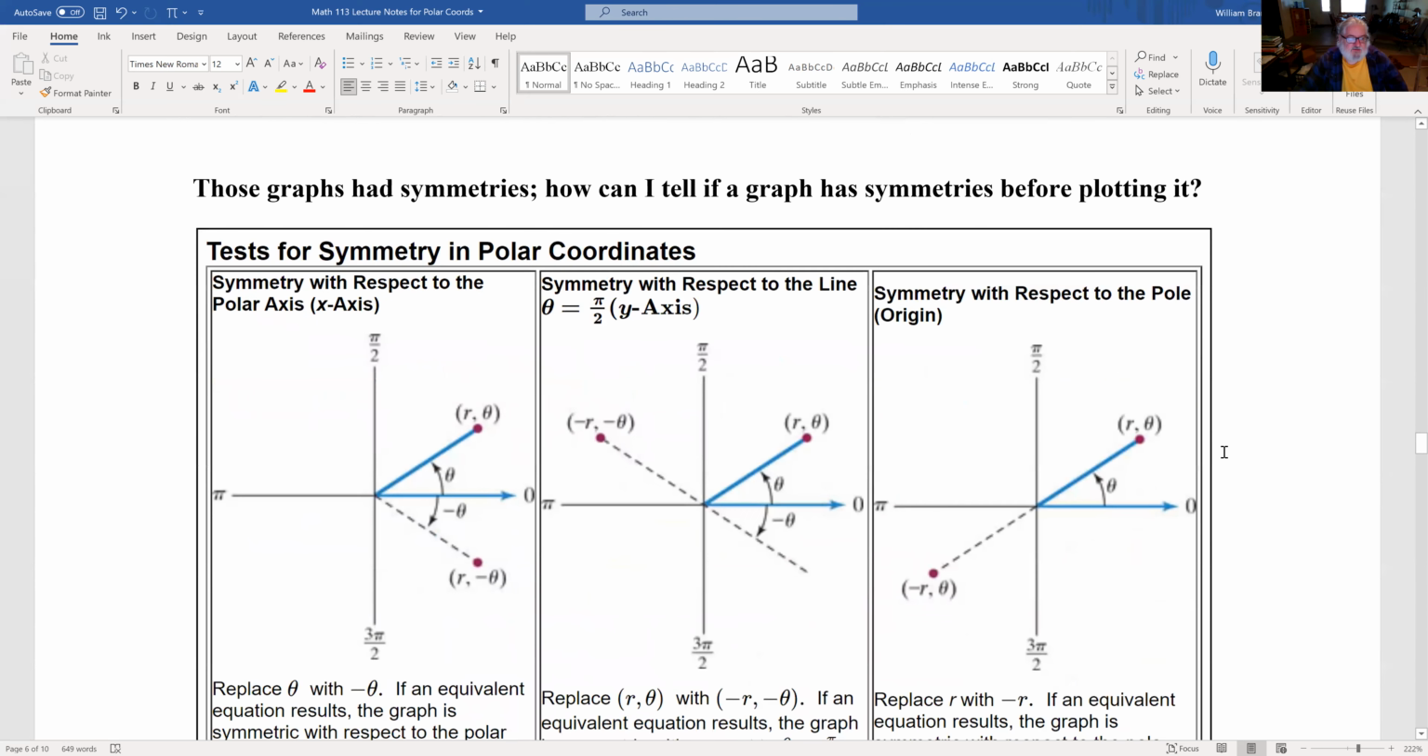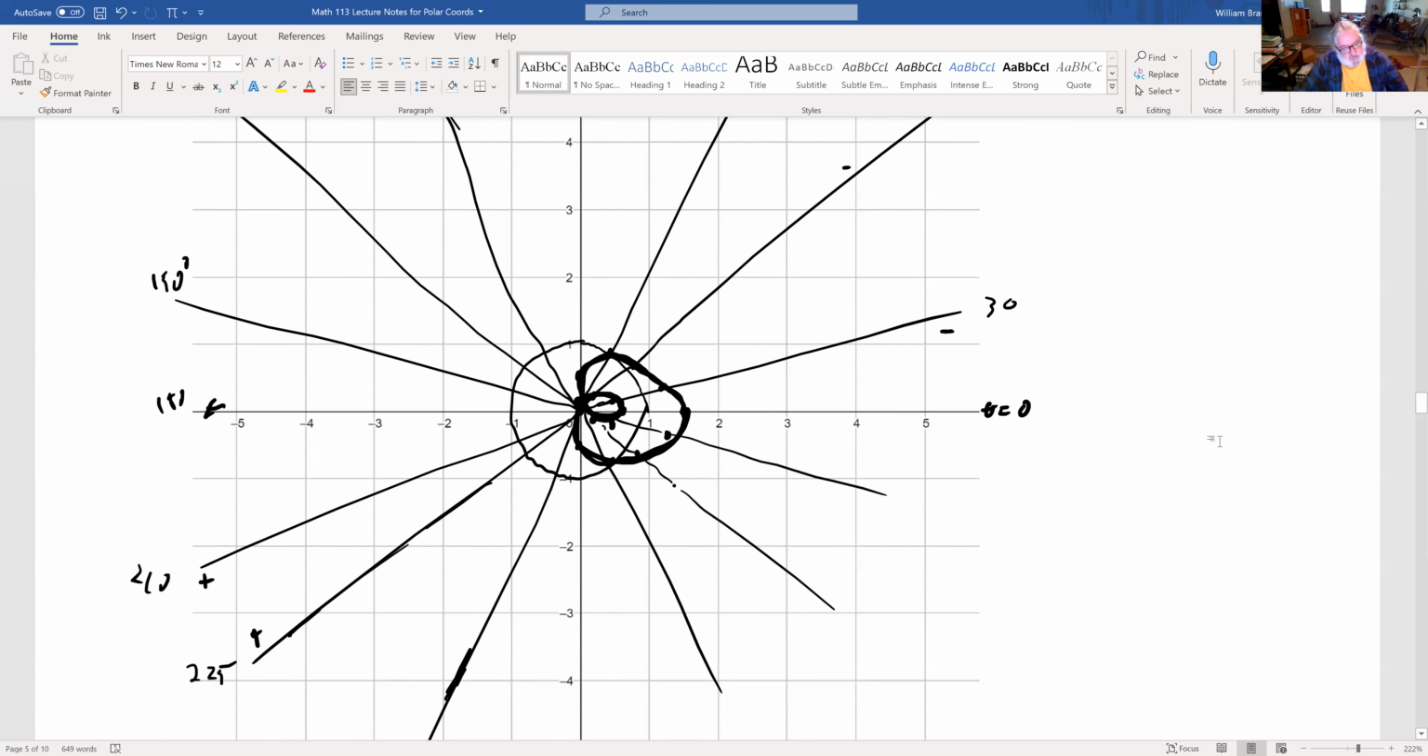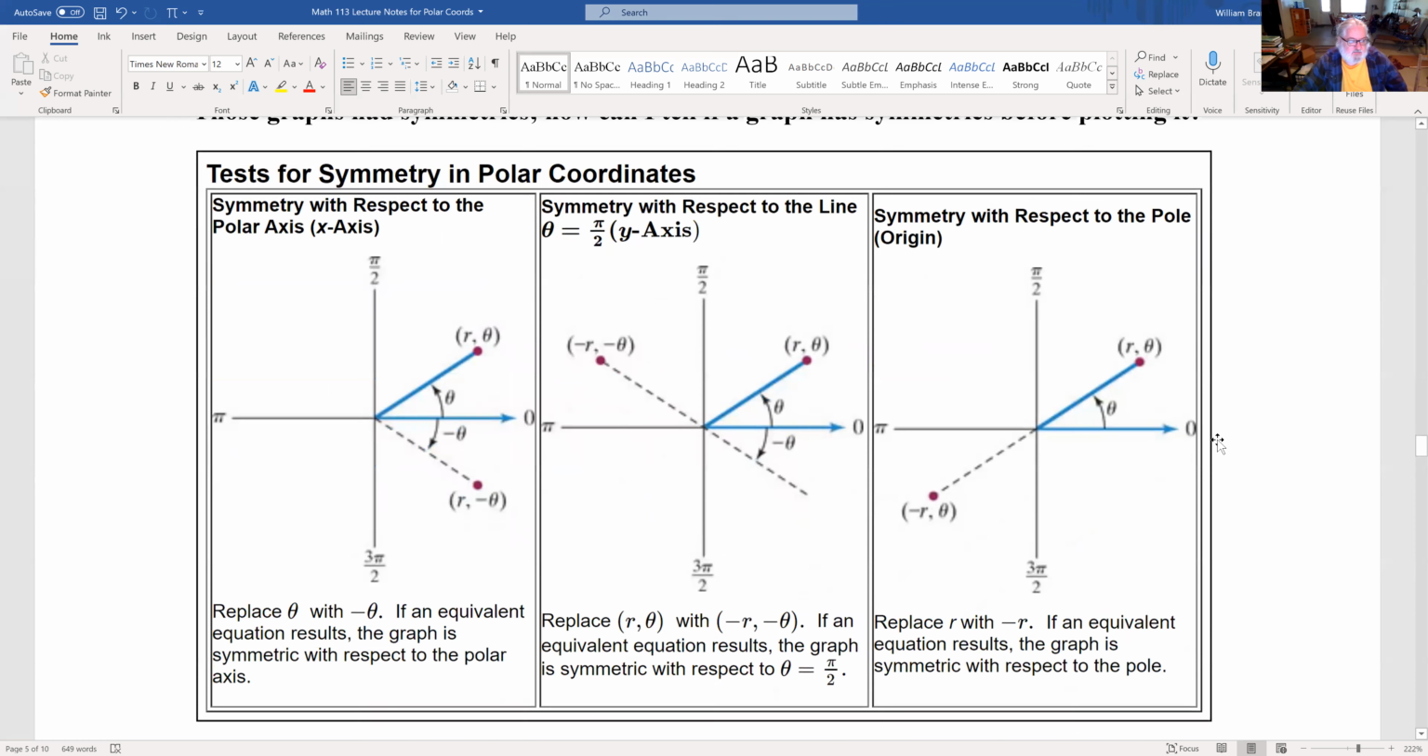Okay, so these graphs had some symmetries. This is symmetric over the x-axis, but not symmetric over the y-axis. And so how can you tell? There are these tests for symmetries, and I just took this from the book. You can be symmetric with respect to the polar axis, right? This is the x-axis. So if you replace theta with minus theta and you get the same equation, then it'll be symmetric. Symmetric with respect to theta equals pi/2, that means I want to have this point mean that I have this point on it, but how do I get to this point from here? Flip it over the